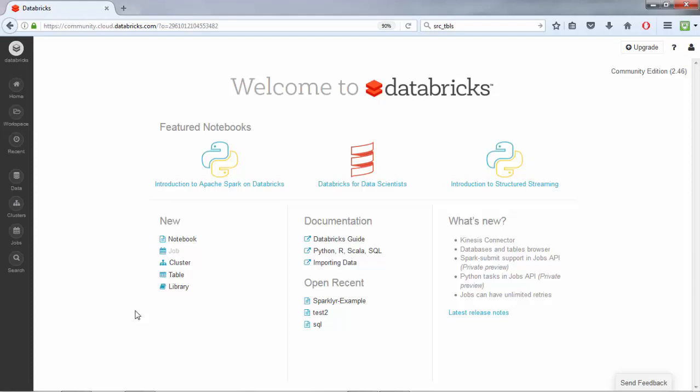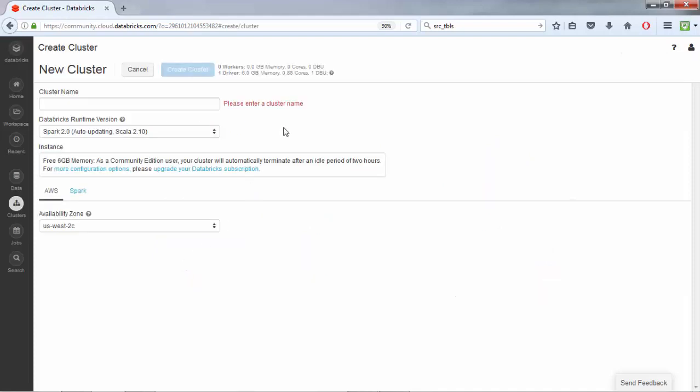So first, let's create our cluster. You can create the cluster by clicking the cluster icon here, and then it is asking what is the cluster name. We can actually put in any name you want. For example, we can just simply type in my cluster 1,